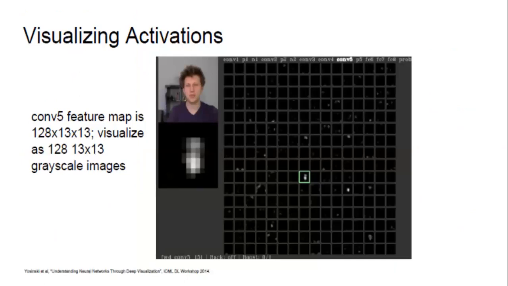So here is the visualization of the feature maps now. Previously what we visualized were the kernels. Here what we are visualizing are the feature maps. Feature maps come after activation, as you know, and here are 13 cross 13 feature maps at some layer. As you can see, in different feature maps the high values of activation are at different regions, and the high value of activations will represent some patch in the original image which is significant in making the decision.